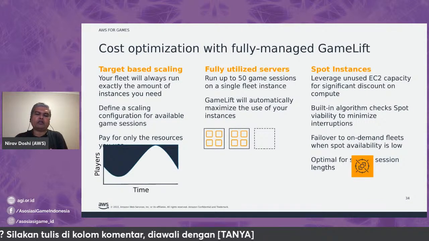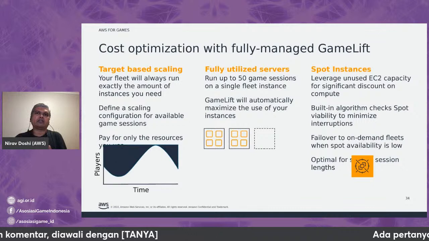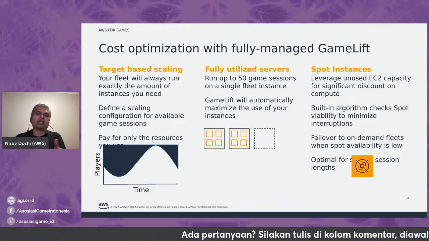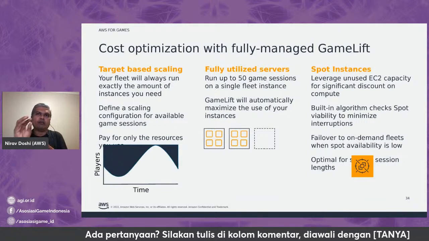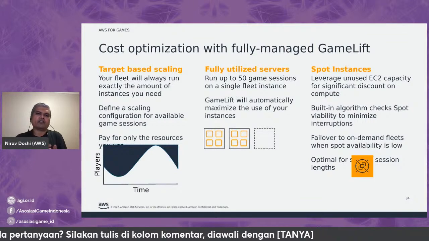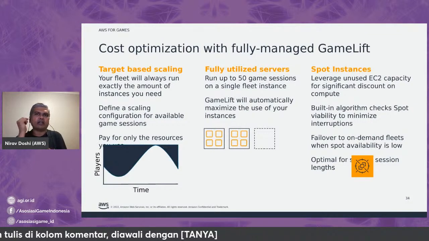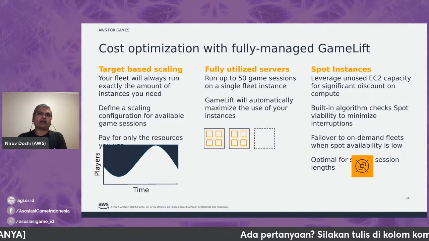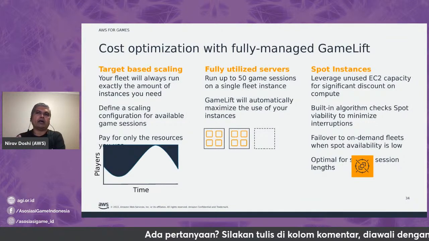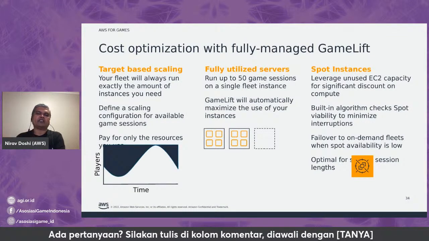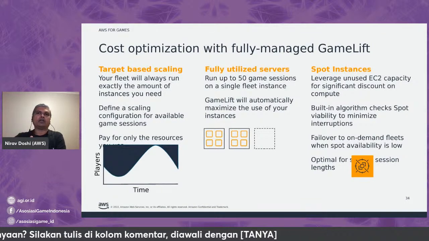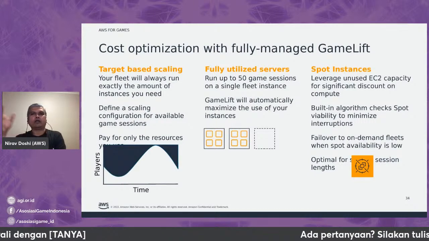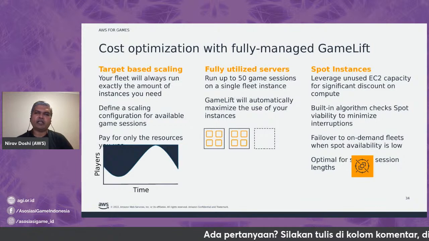There is one thing that we need to be careful about: spot instances can be taken away with a 2 minute interruption window. So you need to have that mechanism built in. But GameLift has an algorithm called Fleet IQ, which is able to identify which instance is likely to be interrupted, and that instance is where we will not push your game, your players, into. After one game has finished, that instance is likely to be scaled out. A new one is brought in, and then your new players will be connected to that one after the old one has been taken away.